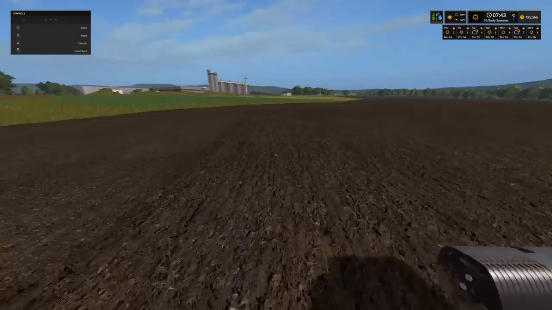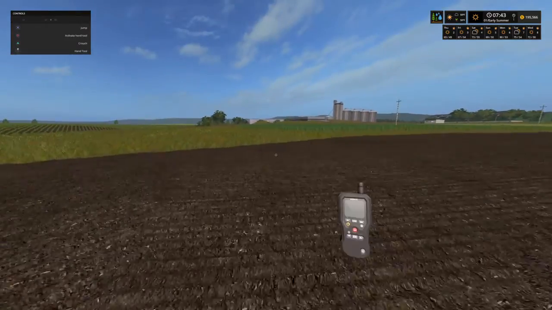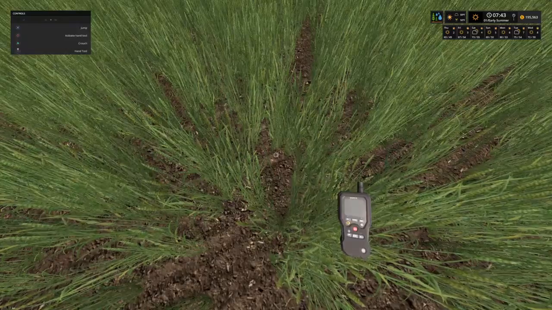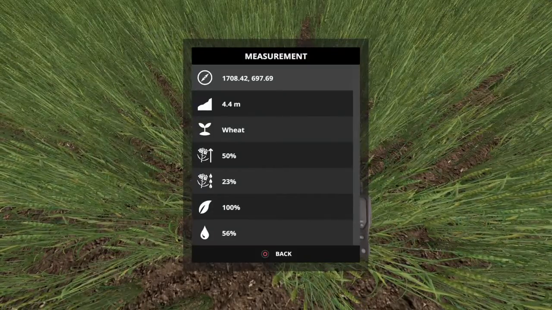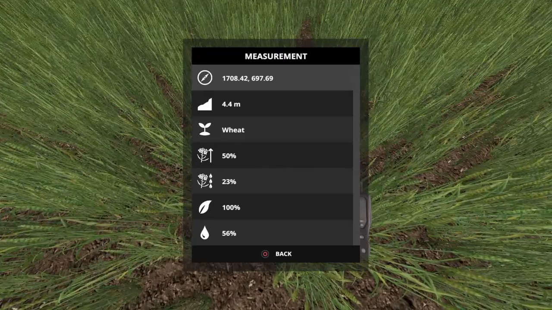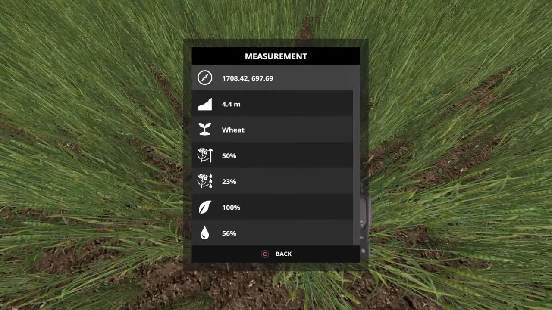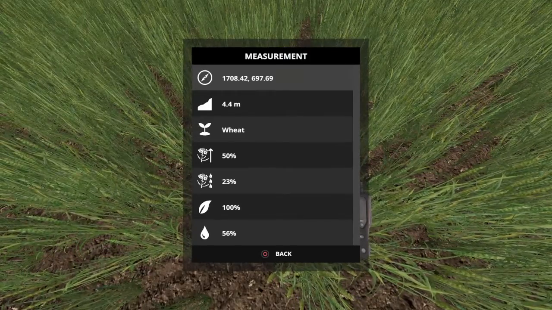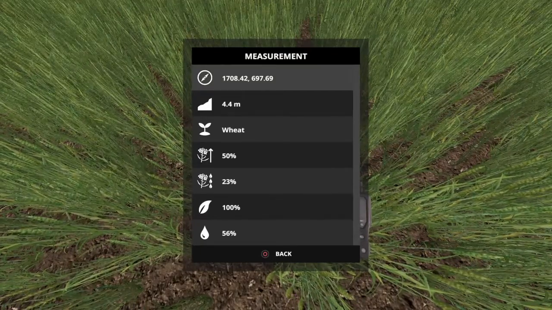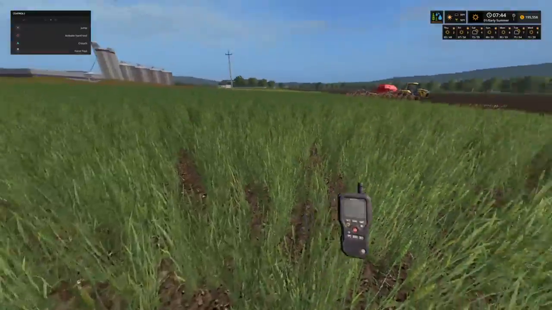They'll get it knocked out there. Let's go check. I've got my little handy dandy Wopster here. If you're playing on seasons, you need this thing. It's great. Okay, so our field here of wheat is grown 50%. It has 23% crop moisture. It's been fertilized 100%, and the ground has 56%